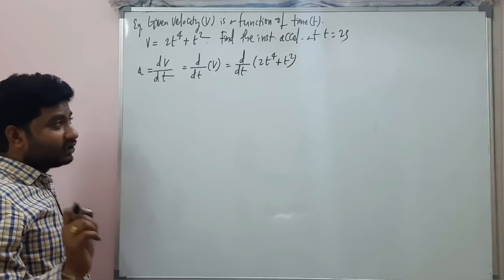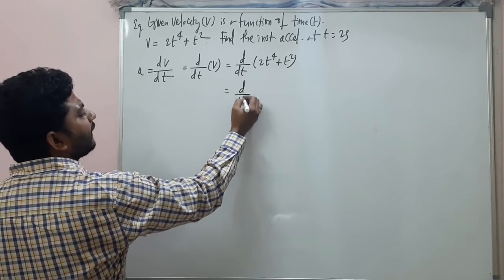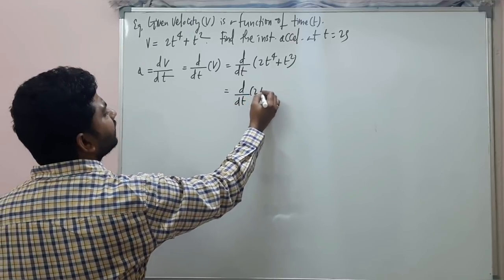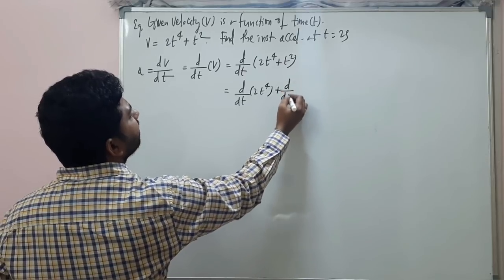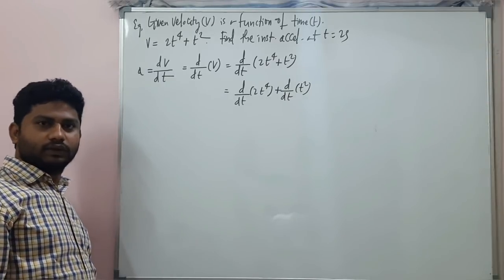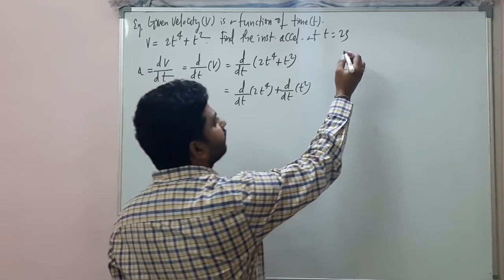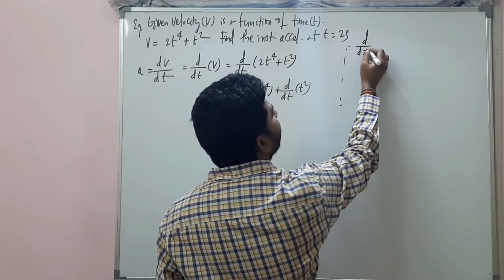Again I am writing, my dear students, I am just expanding the term: d by dt of 2t raised to 4 plus d by dt of t square, right? So here the formulas I am using are d by dx of